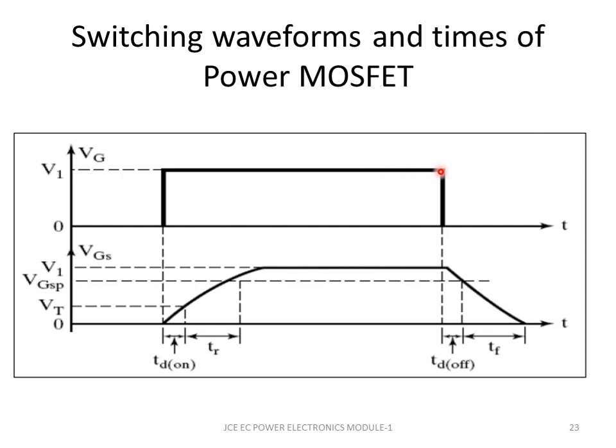Now when you come to turn off, it is expected to respond, but again it takes some time for the input capacitance to discharge to the pinch off voltage, and that is called TD off. Further, we have a fall time, that is for the input capacitance to discharge from this pinch off voltage to the threshold voltage. So you see that input capacitance comes into picture for both the turn on as well as the turn off of the MOSFET.